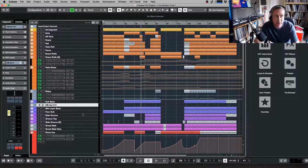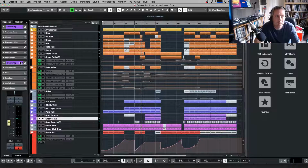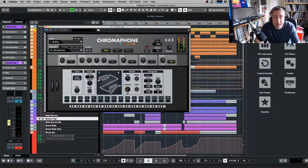I'll show you the little plug-in. I actually got a sound for it there. I'm just going to load it up here. That's this little guy here. And it's called the Chromophone. It's really good for very percussive sounds,